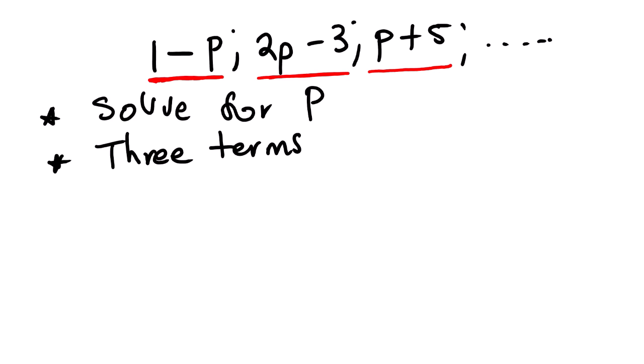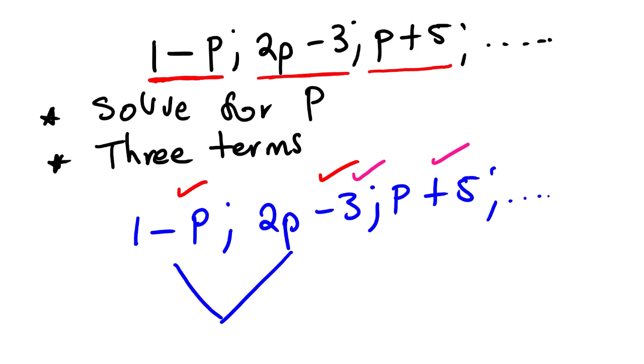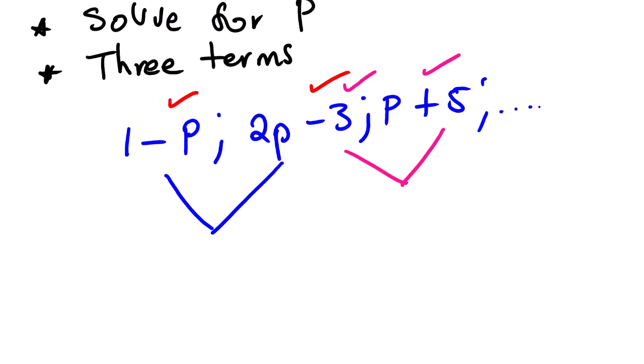In order for us to solve for p, we need to understand the principles of arithmetic patterns. We said that the difference should be common. So this means when we subtract these two terms, this term minus this one, it will give us the very same answer as subtracting this term and this one. So when we calculate the difference,